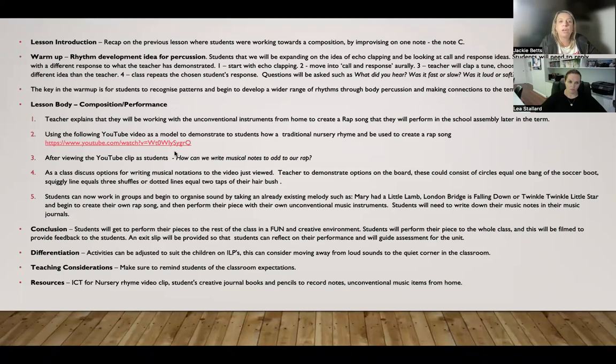The lesson body will look at composition and performance. The teacher will explain that the students will be working with the unconventional instruments from home to create a rap song that they will perform in the school assembly later in the term, using the following YouTube video as a model to demonstrate to students how a traditional nursery rhyme can be used to create a rap song. After viewing the YouTube clip,